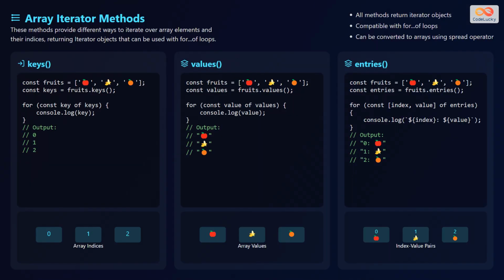Let's shift our focus to array iterator methods, namely keys, values, and entries. These methods provide different ways to iterate over array elements and their indices. These methods return iterator objects that can be used with for loops. All the methods return iterator objects, which are compatible with for loops, and can be converted to arrays using the